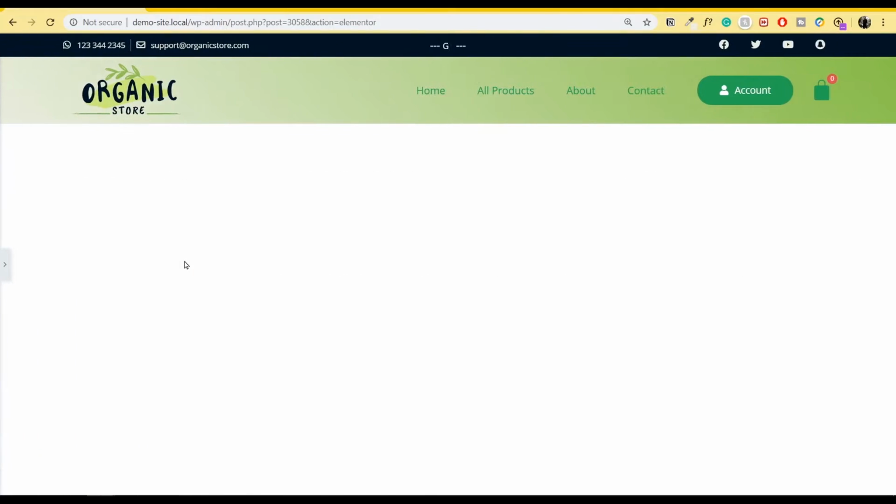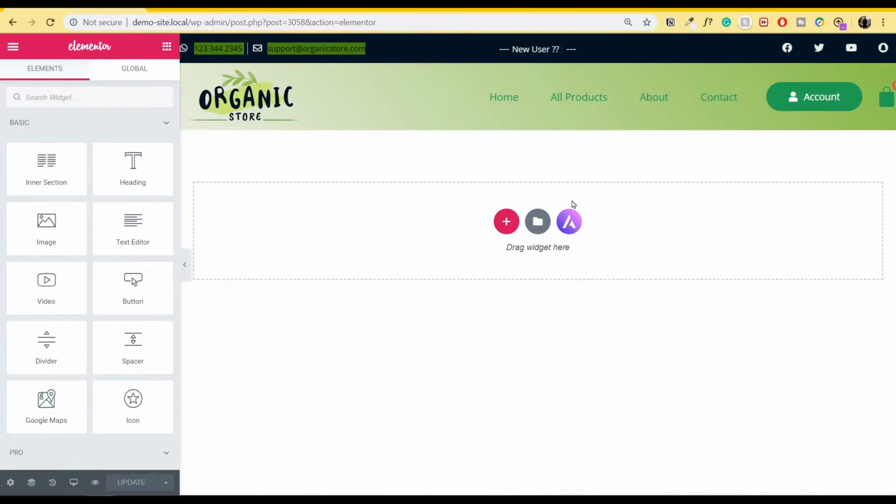I'll just hide this panel so that you can see. So this is the header I created. I have a simple menu here. I have a button. I have a cart icon. I have some social media icons. I have a rotating text, and I have some icon list. And finally, I have a site logo as well. So let's create a different menu for the tab view first.